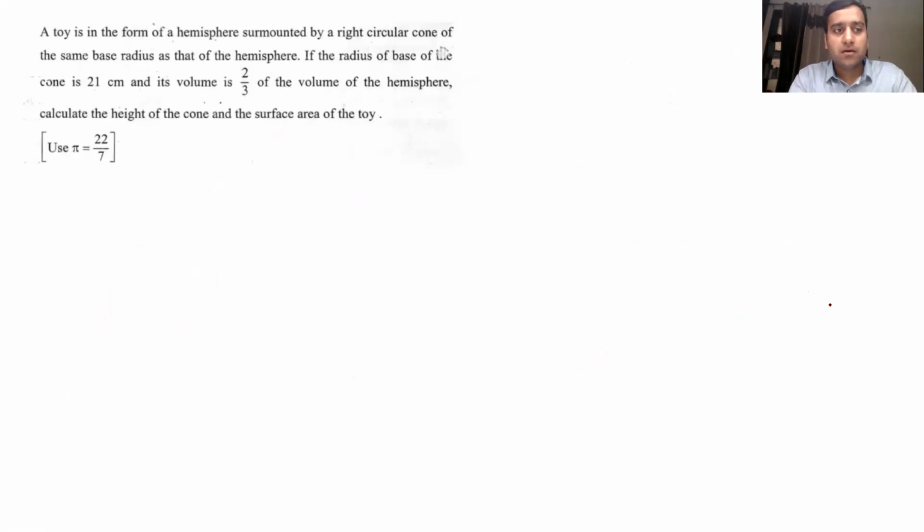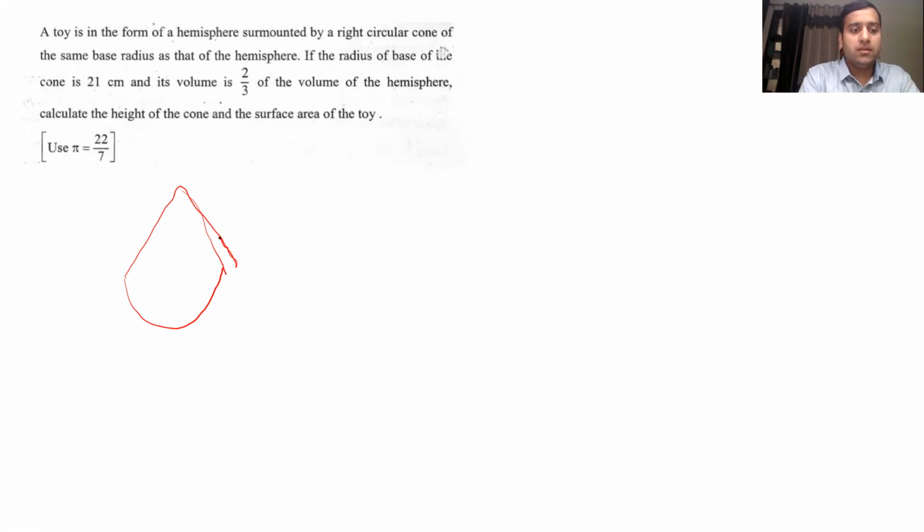The question says a toy is in the form of a hemisphere surmounted by a right circular cone of the base radius same as that of the hemisphere. So up till now, they are saying there is a hemisphere and there is a cone surmounted on a hemisphere. These are of same radius. And next it says if the radius of the base of the cone is 21 centimeters,